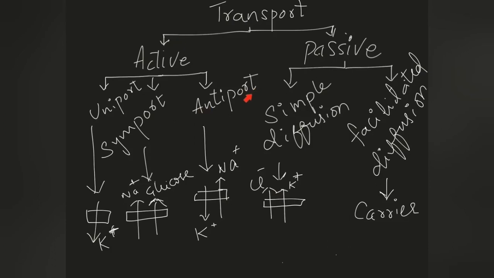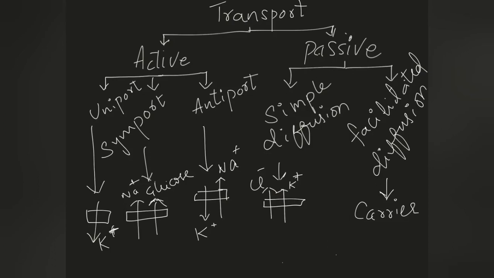And the next one, antiport mechanism. This antiport mechanism involves more than one molecule being transported against their concentration gradients but in opposite directions. If you observe here, the potassium ions will be more inside the cell. The largest intracellular ion is potassium. And the sodium ions are more in the extracellular space, hence they move against their concentration gradient but in opposite directions. So this is said to be the antiport mechanism.